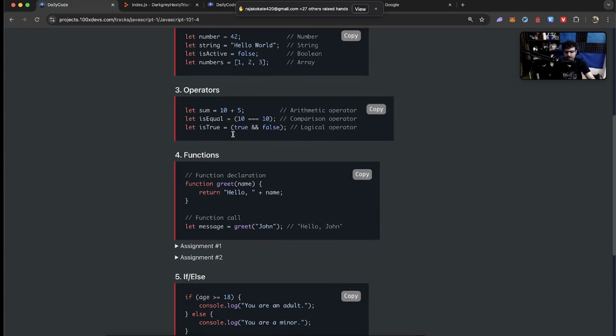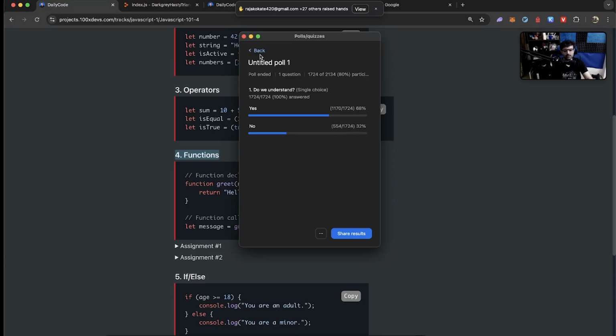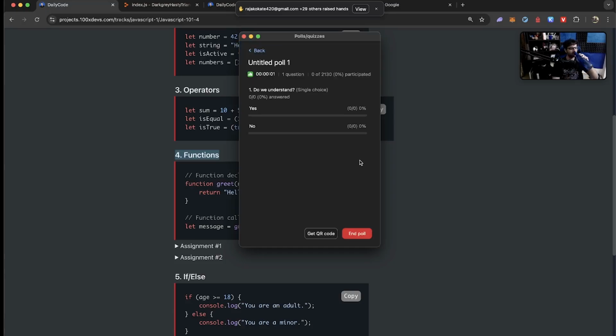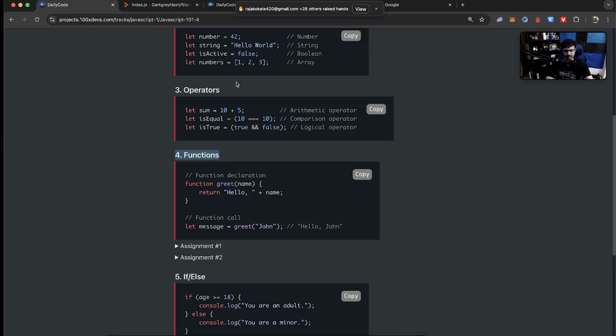All right. Before we write the code, let's understand one last thing, functions. Do you guys already know functions? Let me do a quick poll. Do we already understand what are functions? How many of us understand functions, don't understand functions? Based on that, I can pick up the pace or decrease it. Okay, 77%. Okay, let's understand functions really quickly.